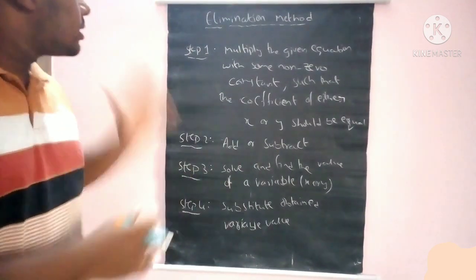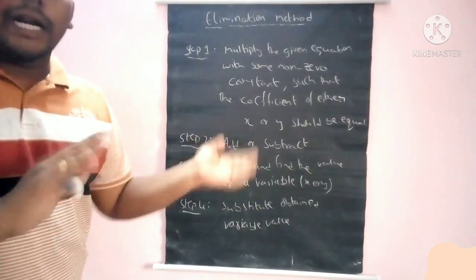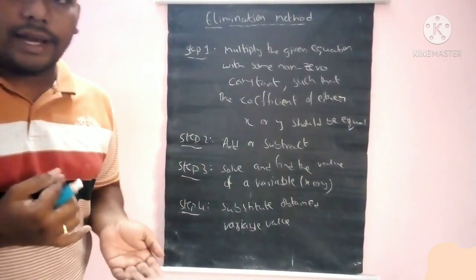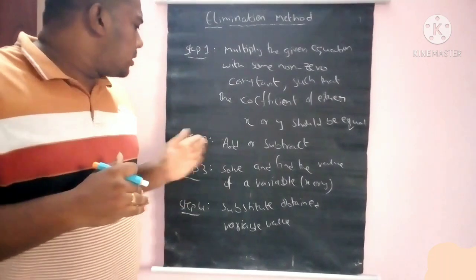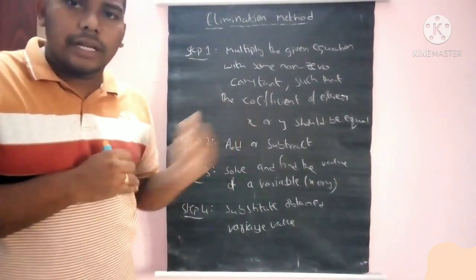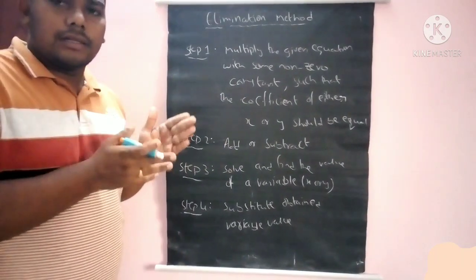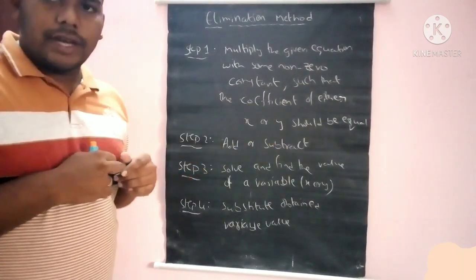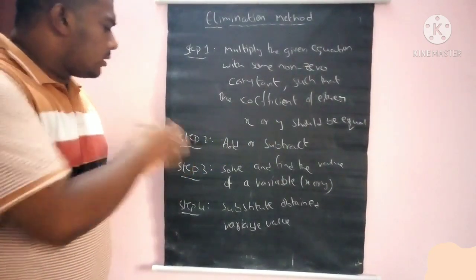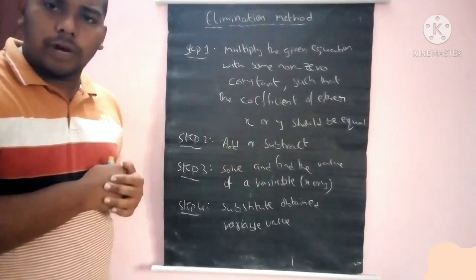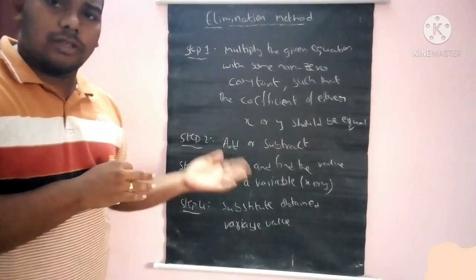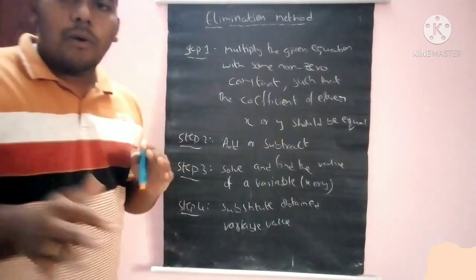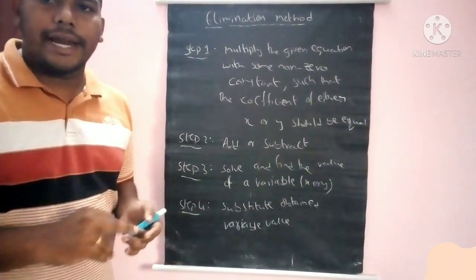So once again just I am repeating. In step 1, first take the given equations and multiply with some non-zero constants. I will explain how to multiply and by which values we need to take. That and all I will explain. Next, step 2, either add or subtract. So based on the given equations, that means by addition or subtraction which results the one variable equation, then we can go with that. Then step 3, we can solve the equation which you got in one variable and we can find one value either x or y based on the question and substitute the value. So these are the things in the elimination method. Now I will explain with one example, then you can get an idea.